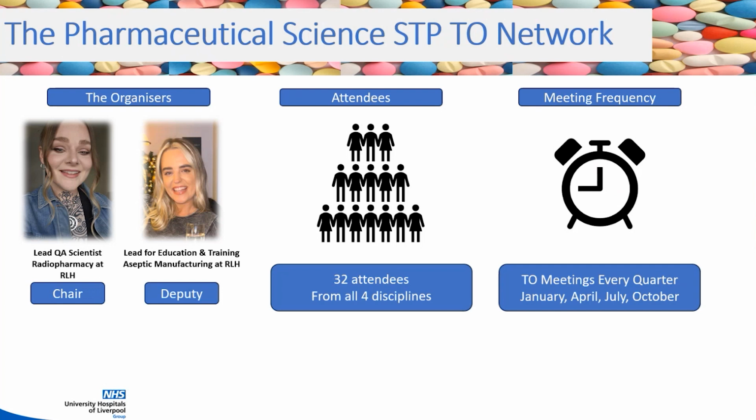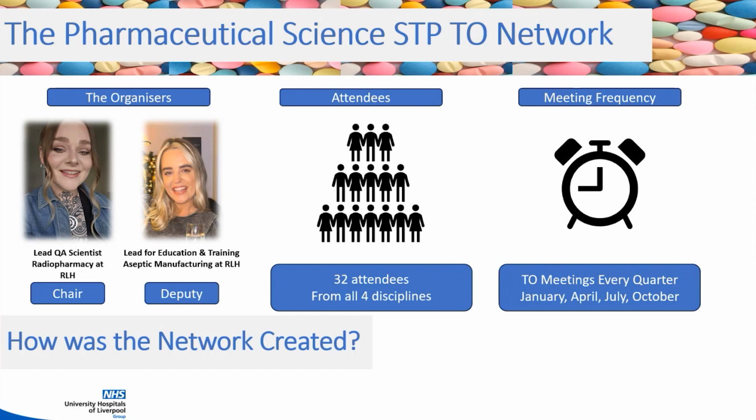Our meeting frequency, so our training officer meetings are every quarter. So we have 1 in January, 1 in April, 1 in July, and 1 in October. We'll discuss problems. I'll show you a little bit more about what we discuss when I show you the agenda, but it's more of a forum and a network, and this was created